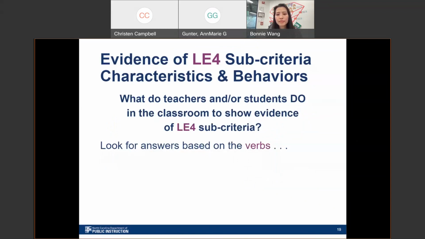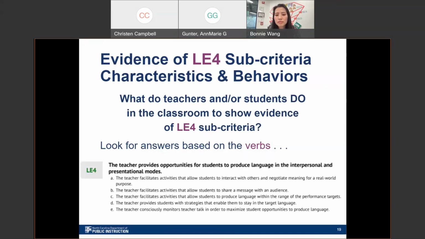One of the things you have to ask yourself when we're reflecting as teachers and as professionals is, what do teachers and or students do in the classroom to show evidence of that LE4 sub-criteria? And I like the focus on "do" because really the answer is based on the verbs that are involved in these sub-criteria. So here they are on the screen again.